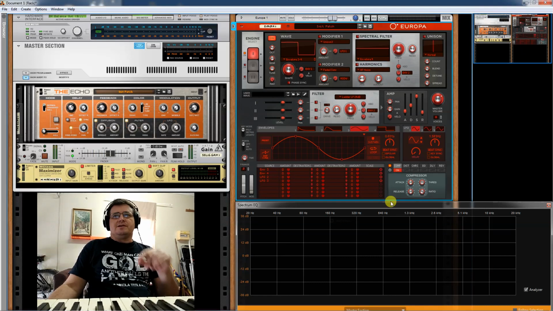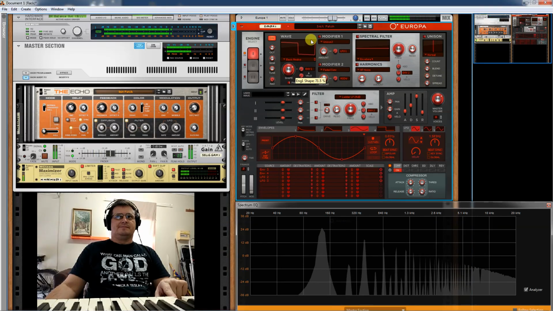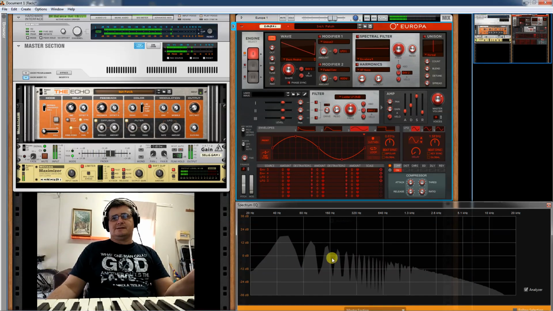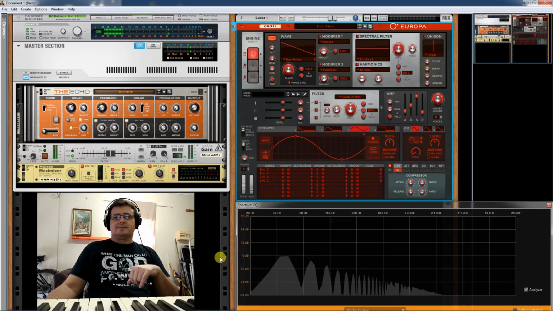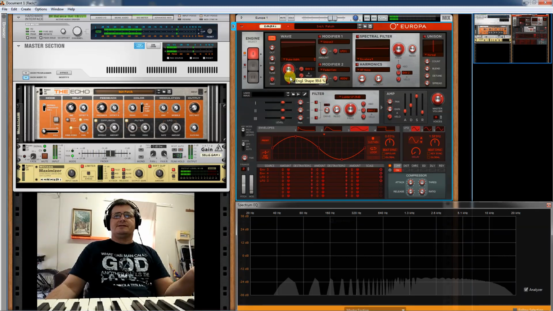Yesterday we looked at the basic waveforms that you find in an analog style synth. So sine wave, triangle wave, which adds a few more overtones, square wave, which is pretty harsh, and the sawtooth, which effectively has all of the overtones in the series. The other form that we looked at was pulse,